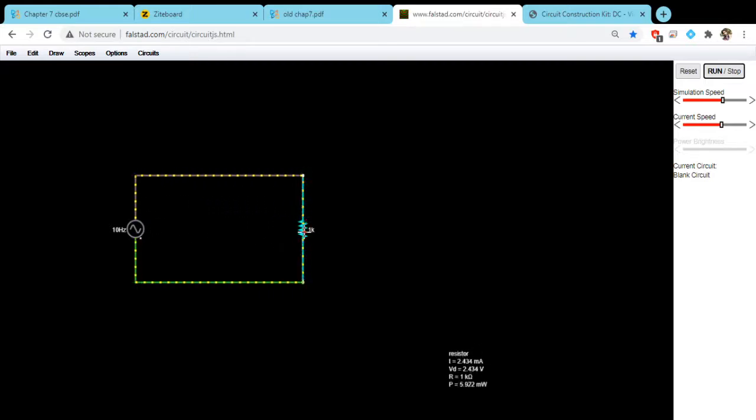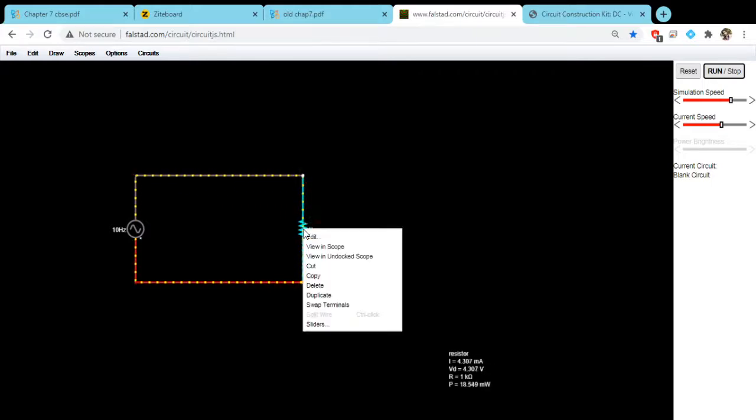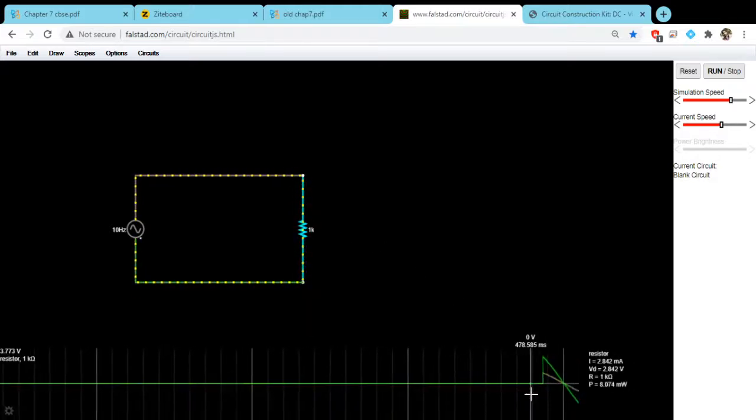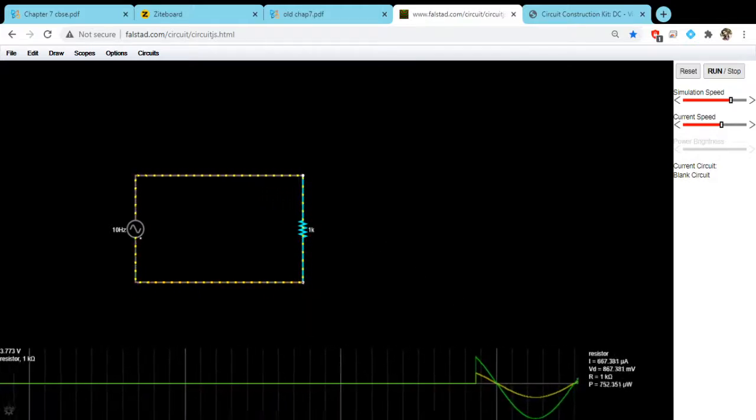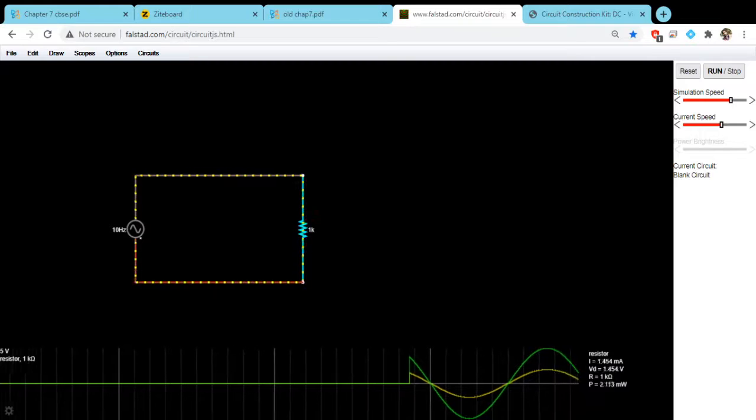Okay, you see here. So as you realize, okay, let me increase some speed, so this will save our time. So this is how current behaves in the AC circuit when a resistor is connected. Now let's see what the voltage and current in the resistor are. I put in the scope. So this is how a sine wave looks like.